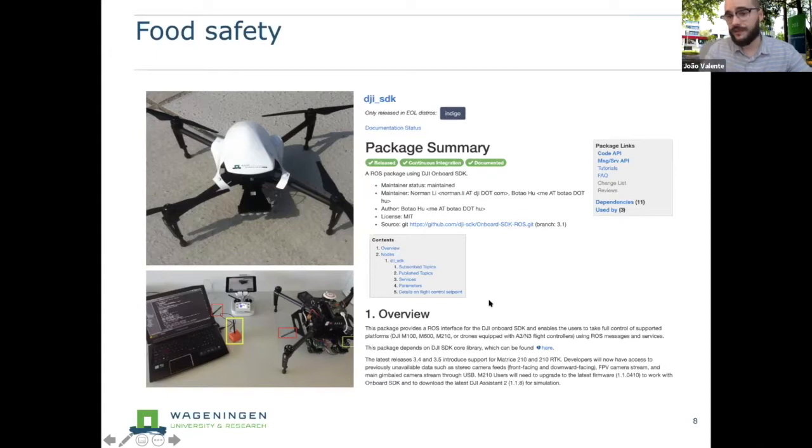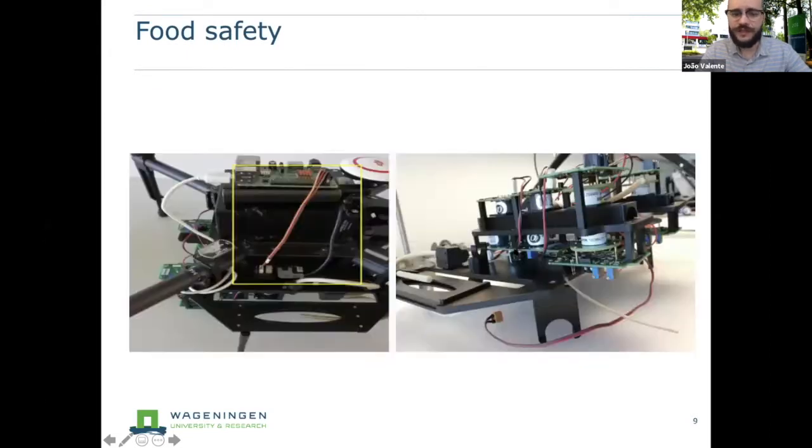But also recently there is another new drone, and there is also support for it. We will get there later. This is the configuration that we have. I think Omar has already given some ideas about it. So we wanted to use the drone on board, the M100. In this case, we are not using a very advanced board. We are using the Raspberry Pi 3, and it does the job. So we have ROS running there, and we can read all the telemetry of the drone in real time.